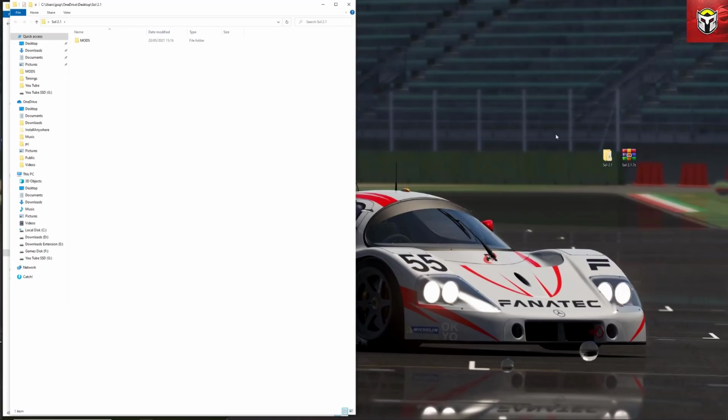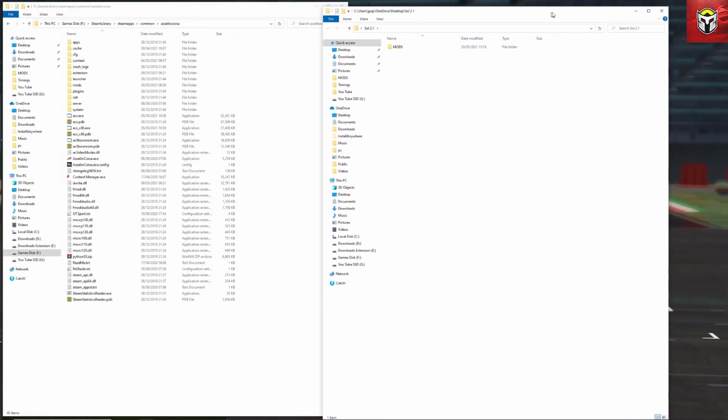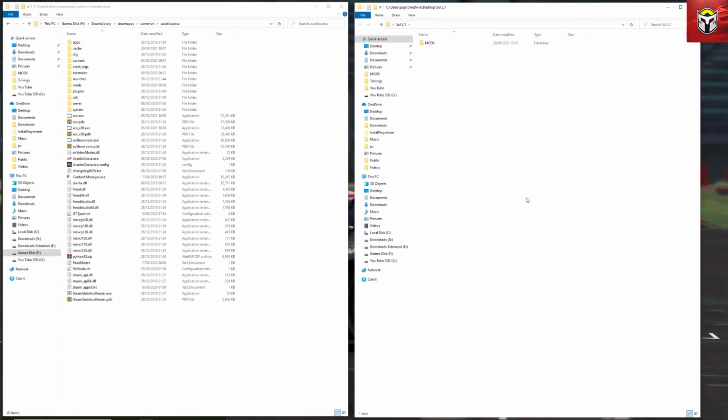So what we're going to do now is drag and drop these new files in there. As I said at the beginning of the video, this has to be done in a manual way. So we're just going to go into the Sol 2.1 folder at the top there, and as you can see, I've got all of the files that I need to move over. I'm going to drag over the top 5 files. I'm just going to highlight them as per normal and drag and drop them into the Assetto Corsa